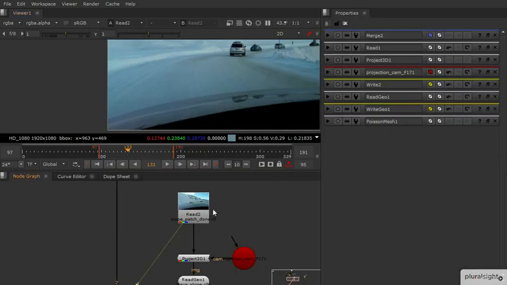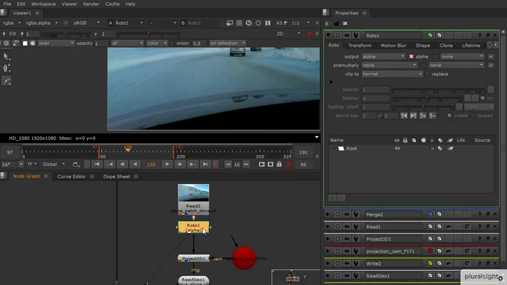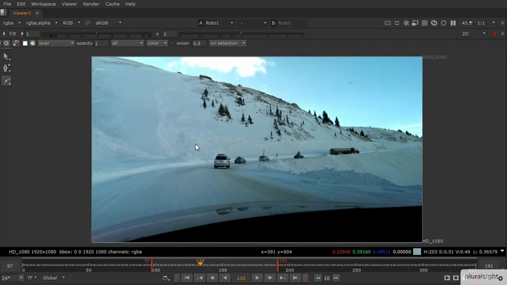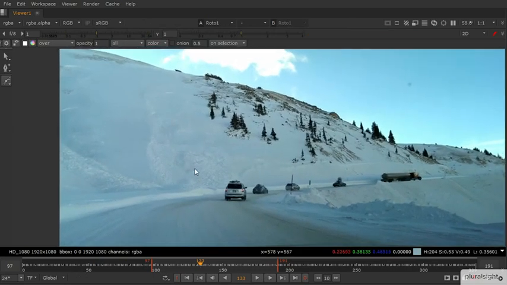And add the roto, hitting O in the node graph, and then choosing what area we want. I'll give it obviously a bit of a feather for a better blend. And initially my guess would be that we want to cover up maybe about this area. We'll see once we